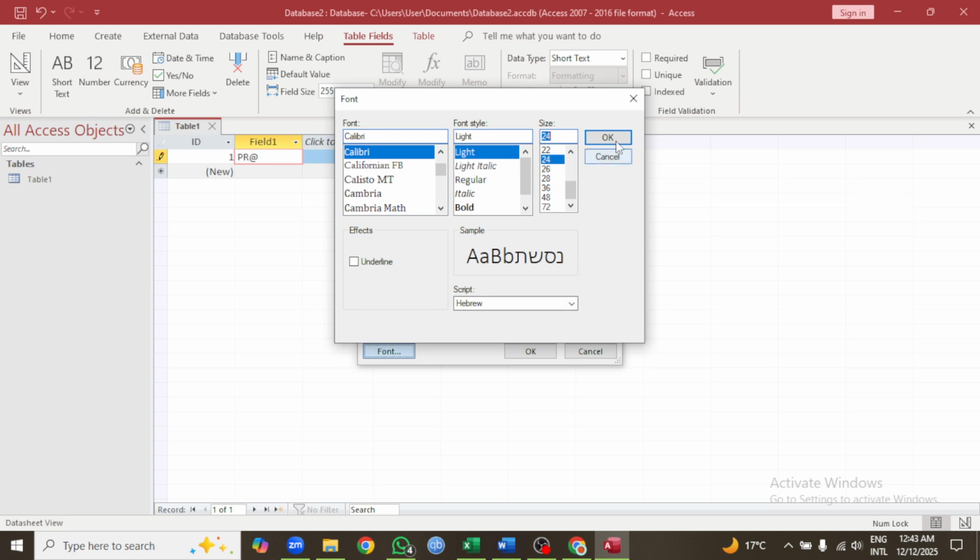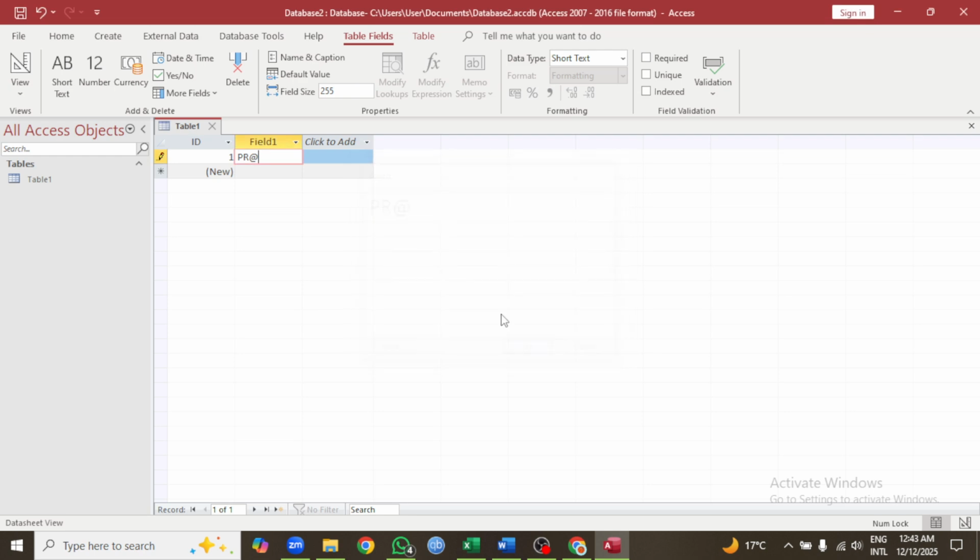When you're happy with the size, click OK in the font window, then OK in the Zoom box. Your view updates right away. Keep in mind, this adjustment affects